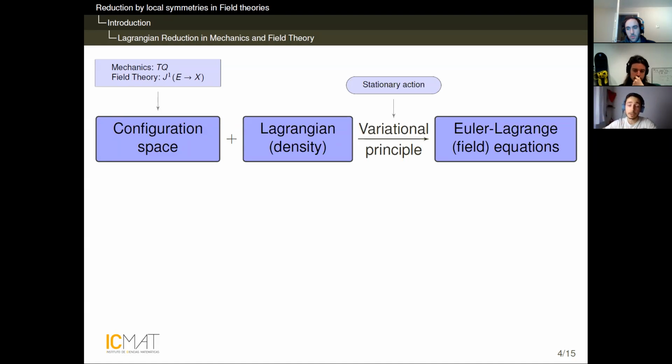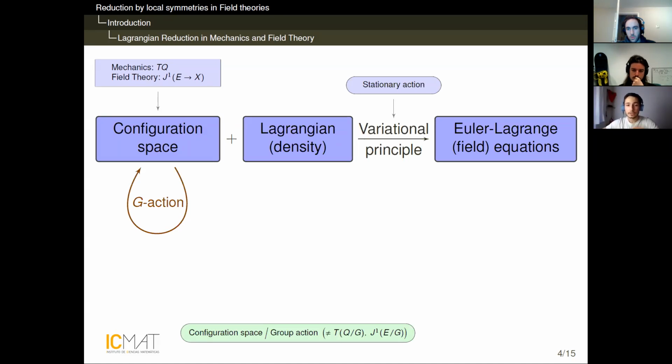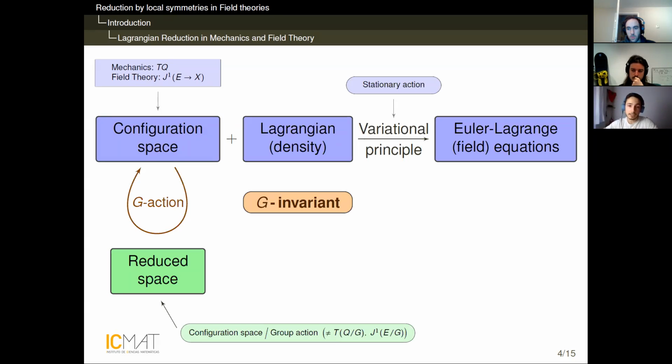Reduction appears when our system has any kind of symmetries, and it gives us a systematic way to treat those symmetries. Mathematically, symmetries are regarded as an action of a Lie group G on our configuration space. And what we do in reduction is to define the quotient of our configuration space by this group action, and it is called the reduced space. When our Lagrangian is invariant by this action, the reduced Lagrangian is well defined in the reduced space. And then we can